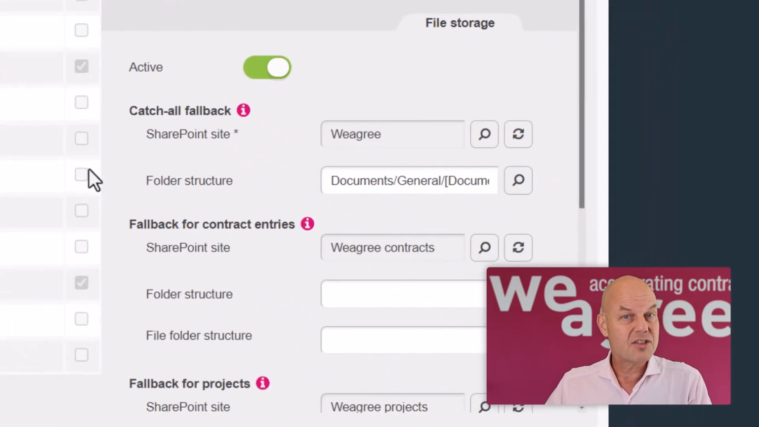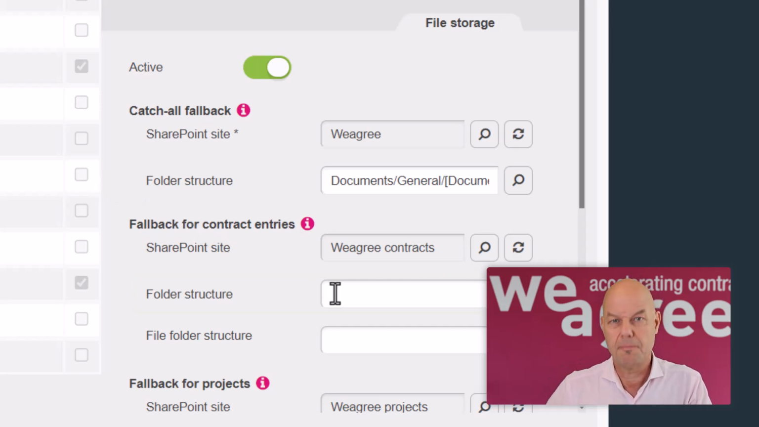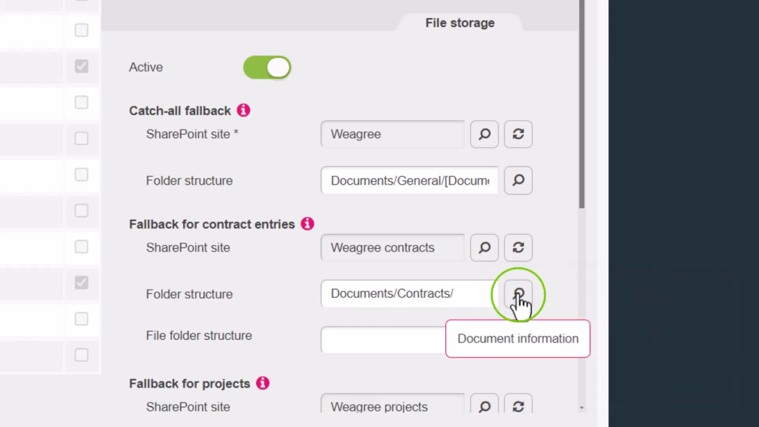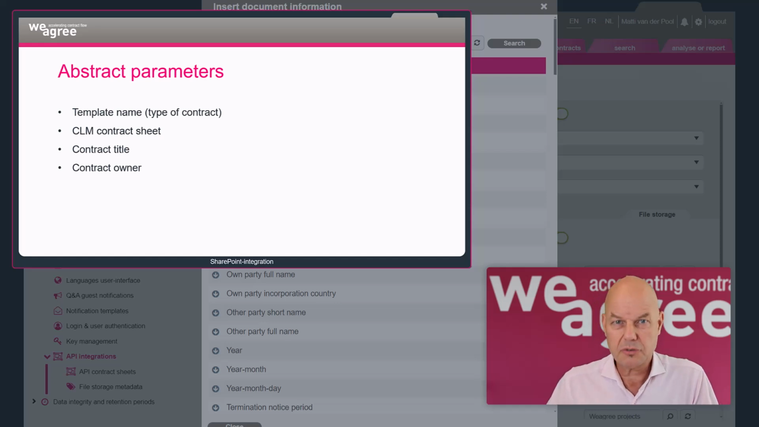The admin can simply create a folder path and subfolders or determine the default storage folder path on the basis of abstract parameters. These parameters can also be nested, so subfolder in subfolder in subfolder, etc. And it includes the other party short name, the other party full name, own party short name, own legal entity's full name, the incorporation country of either of them, the template name, the CLM contract sheets on the basis of